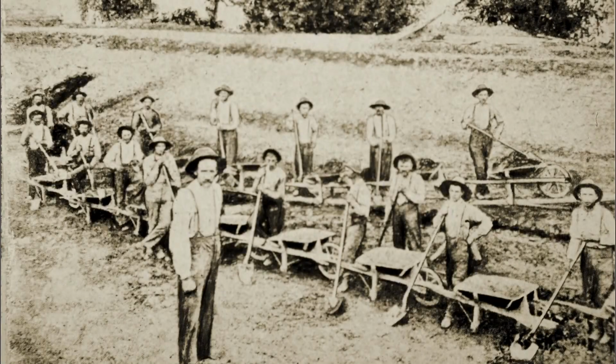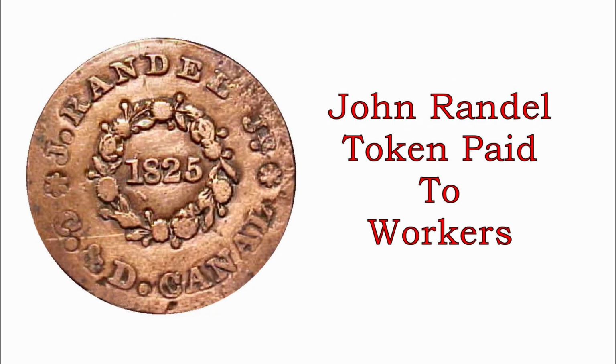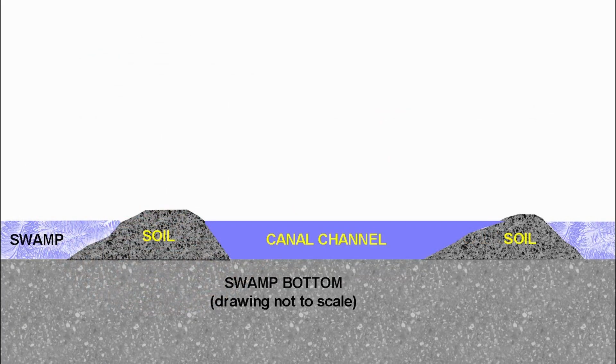The construction of the canal began on the 15th of April, 1824, at the east end, as men with picks, shovels, and wheelbarrows carried away the soil unearthed from the channel. There, Randall paid his workers with a store-redeemable token, but found removing soil in the marshy area only allowed adjacent swampy land to slowly fill the gap. The problem would be solved by bringing in solid earth, providing for stable side bases that could support the canal